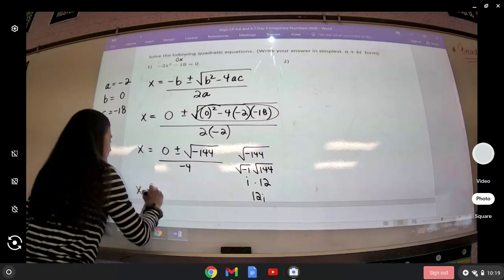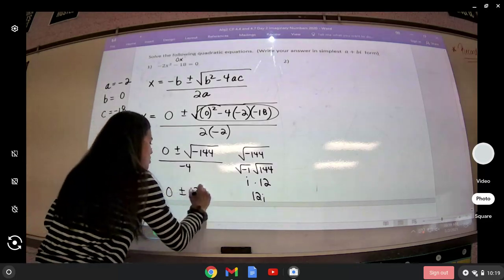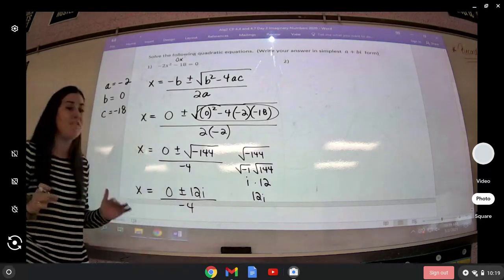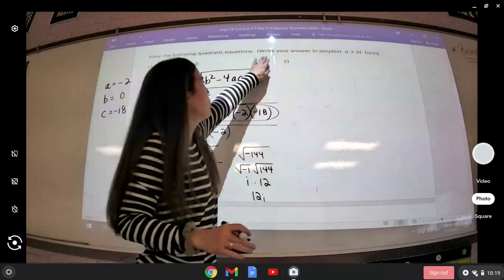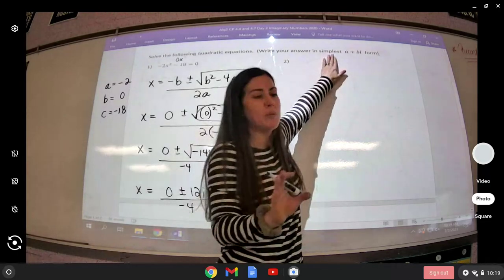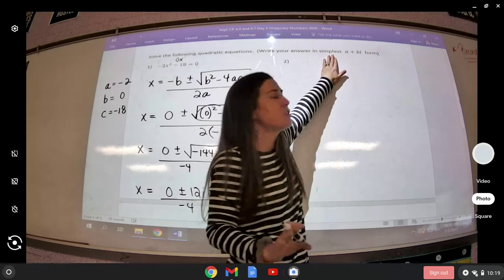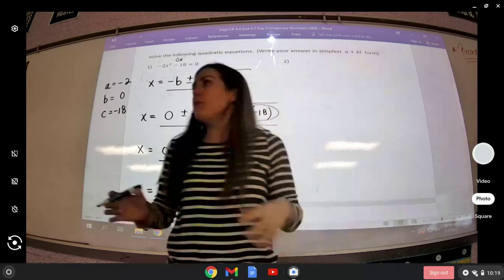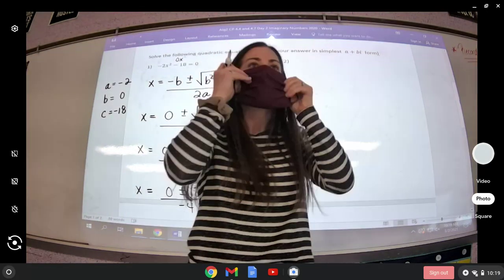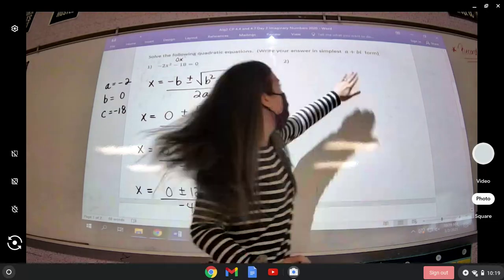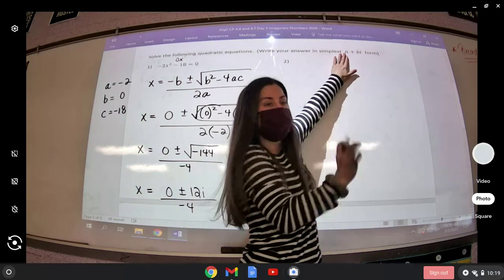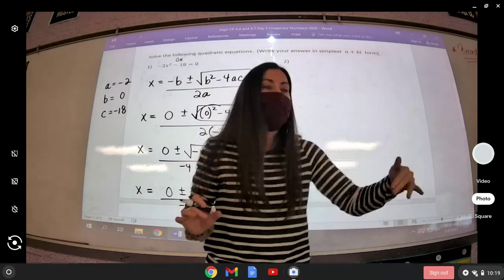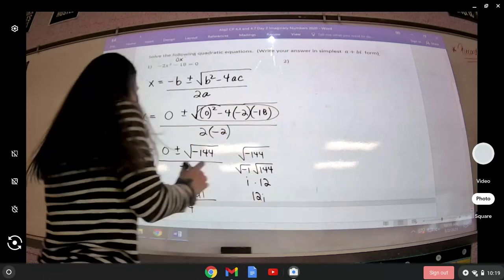So now we have this: x equals 0 plus or minus 12i, all divided by negative 4. Now, guys, if you notice, they asked you to write your answer in simplest form. We're always simplified. Fractions are simplified, square roots are simplified, but they asked you to write your answer in a plus bi form. That's how we write imaginary numbers. A is going to be the real number part, completely separate, and bi is going to be the imaginary part. So you'll see that as we start getting our answers. I'll explain that more, all right? But when you get here,